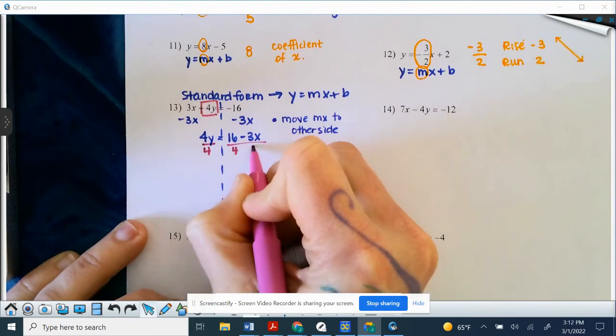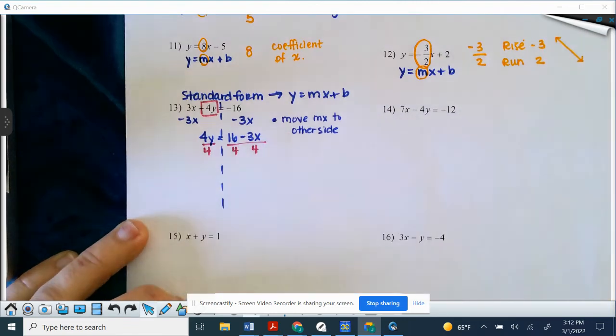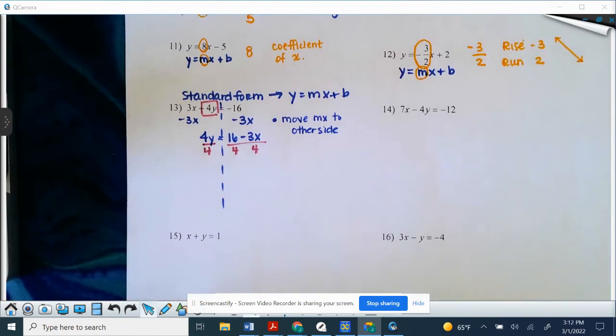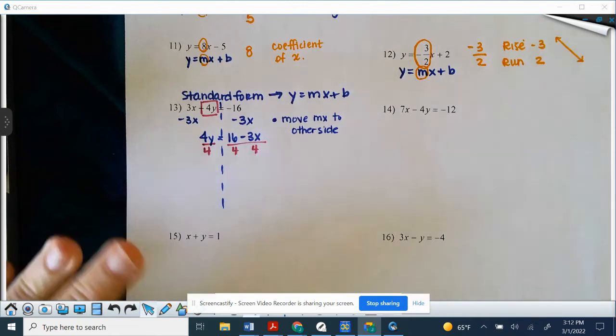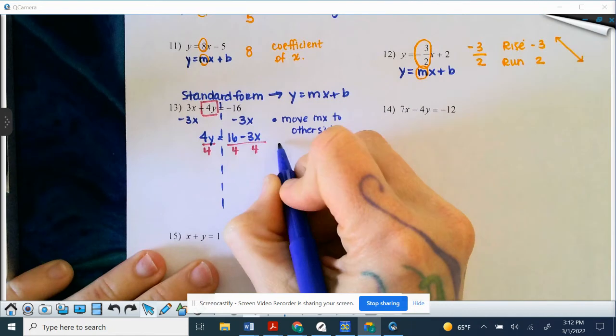And probably just write them as 2 separate fractions, because remember, we have a rise and a run and then a y-intercept. So they need to be written separately because it will help you to graph along the way, and it will help you answer questions about y-intercepts, starting points, rise, run, what's the rate of change, things like that. If you practice it in that form, you will be set up to answer more styles of questions. So move mx to the other side and then